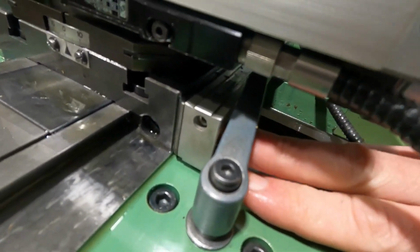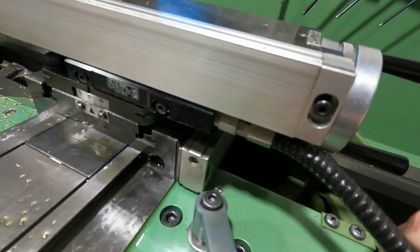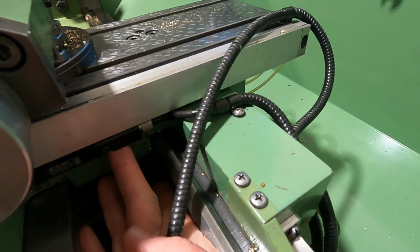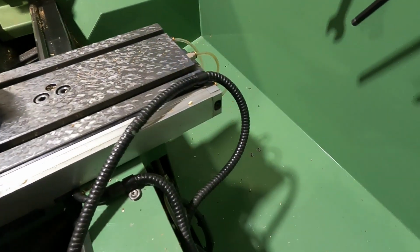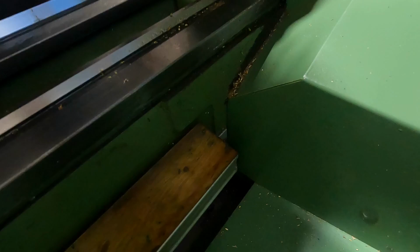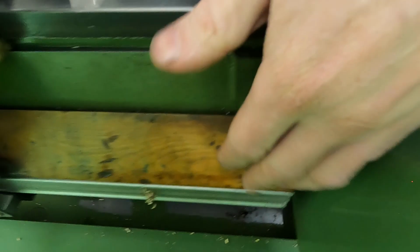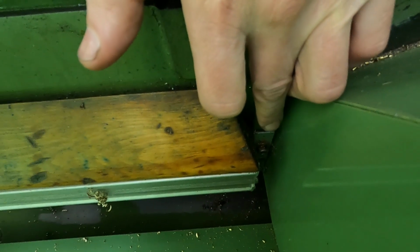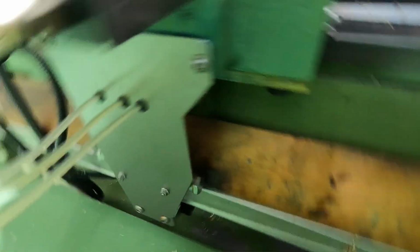The linear scale on the cross slide only needed these machined cast iron shims and some machined flat spots on the bed slide down here for the slider. Other than that, it was quite easy. The linear scale on the bed is a larger cross section because of the high length and the space available back here. So here I had a machined surface which I used for mounting the linear scale, and on the other side of the bed